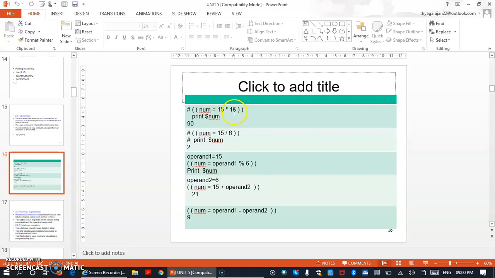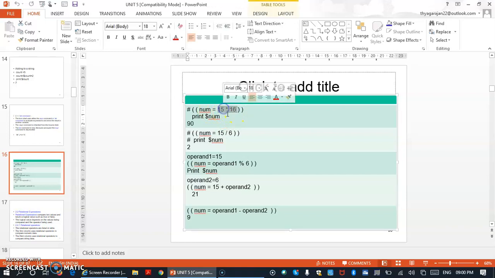Coming to another example of the usage of operators: num equal to 15 into 16. I'm multiplying two integer values, storing the result in a variable we call num, and then we print this. So when I print, the result of 15 into 16 will be displayed. Here I have another expression, num equal to 15 by 6. I am using a division operator, dividing and then storing the result in the variable num, and then I use the print command to display the value stored in num.